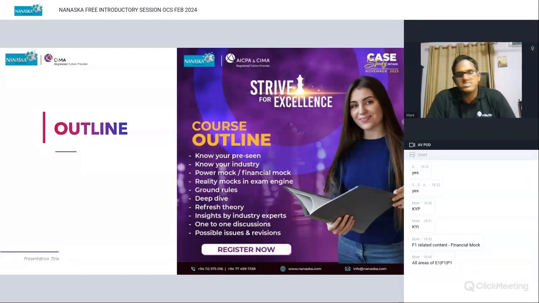The relevance of the current budgeting system, and what are the alternatives available to the company, right? Now that's there in the power mock under budgeting. Under P1, under budgeting, you will find a similar question. So basically, general questions from the key theory areas of E1, F1, P1 will be covered in the power mock, right? It's a rigorous mock paper, a quick review mock paper.